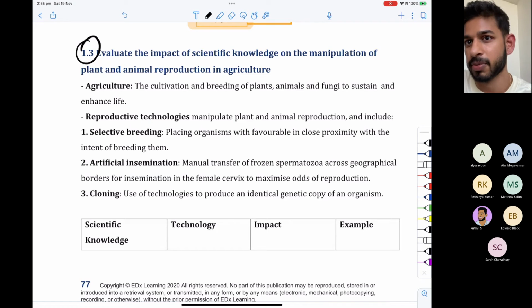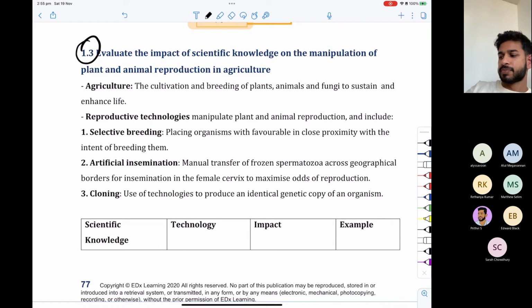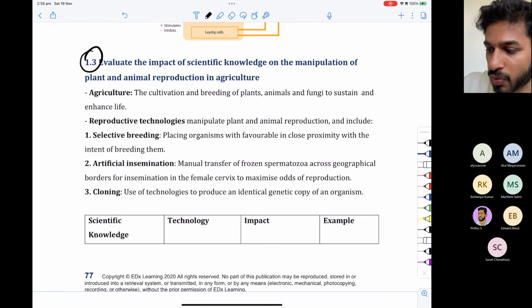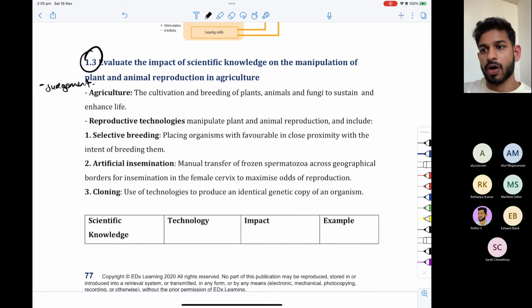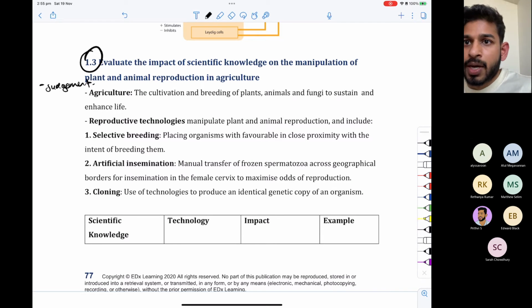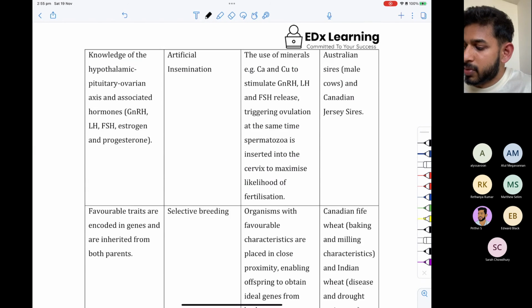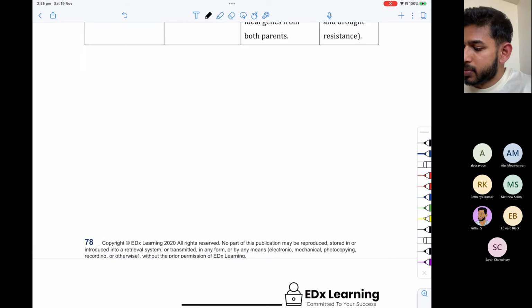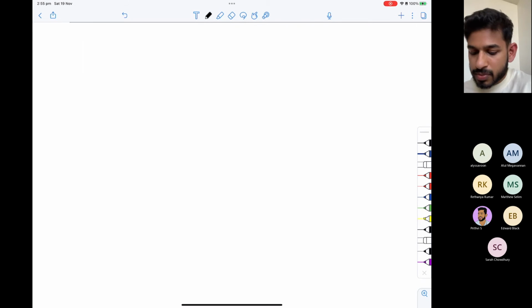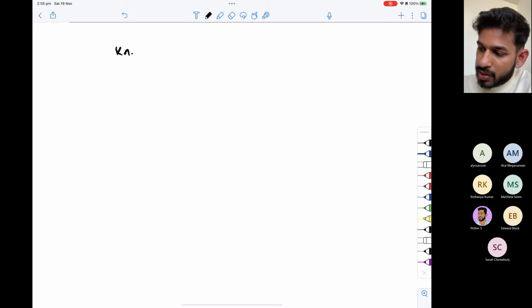And I just gave you all a couple of very brief examples, but we'll talk about some that you'll need to mention. So if you ever get this as an exam question, what I want to hear is a judgment that there was a huge impact of scientific knowledge on the development of plant and animal agriculture, right? Now, some examples that I'll tell you, I'm just going to talk about it. Your full notes are here, right? But I'll draw it and talk about it as well. Okay. So here's a piece of knowledge